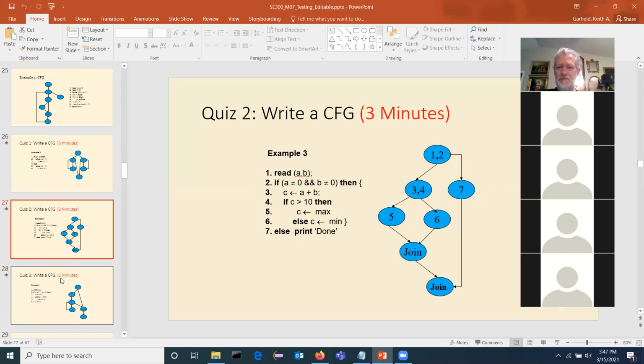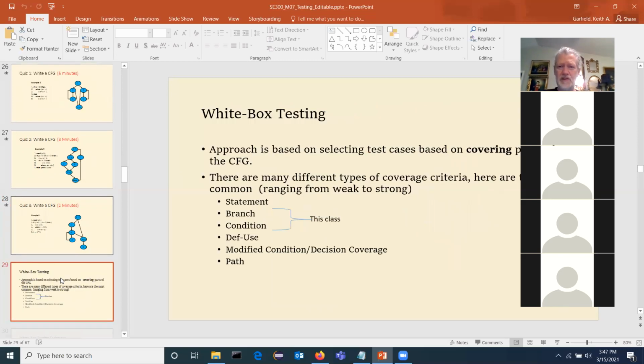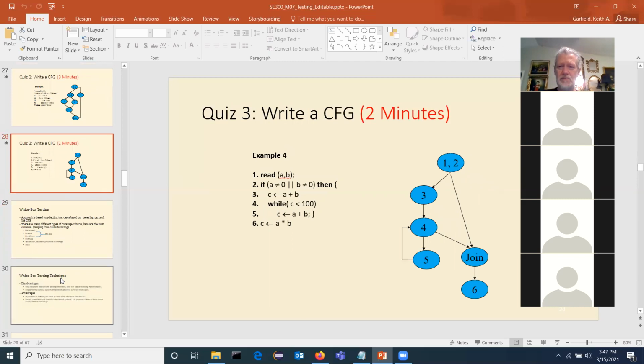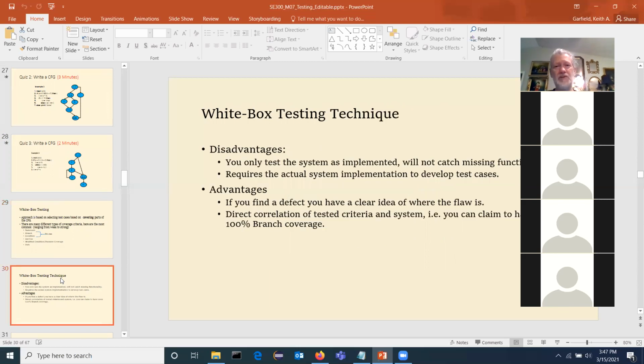Same kind of trick here. I'm not going to go through them all. You can go through them on your own. But the idea is you can write these control flow graphs that show all the different paths that you can take through the software. And then you say, what kind of testing do I want to do? I can do statement coverage, branch coverage, condition coverage. What is statement coverage? Every statement gets,